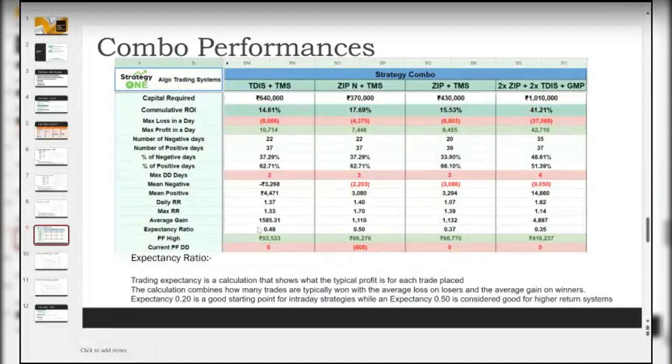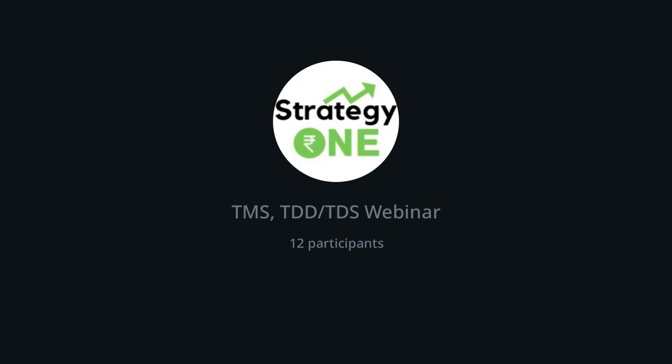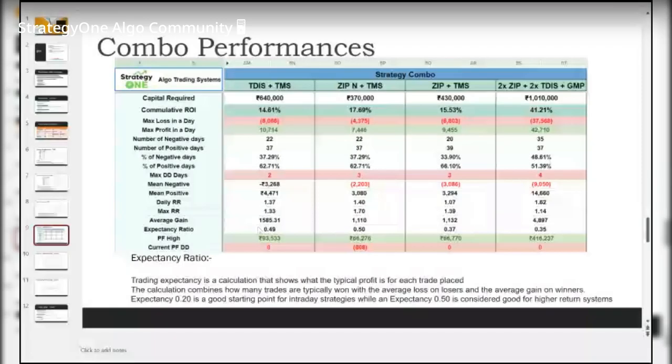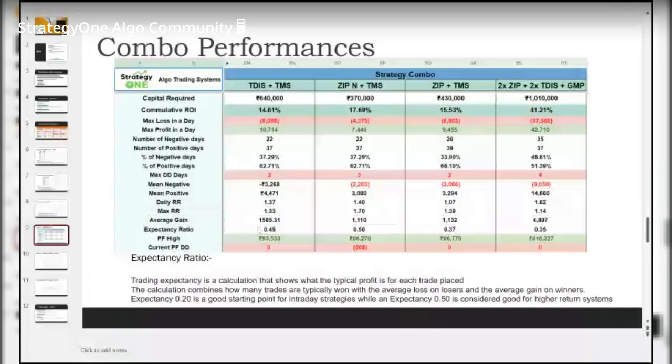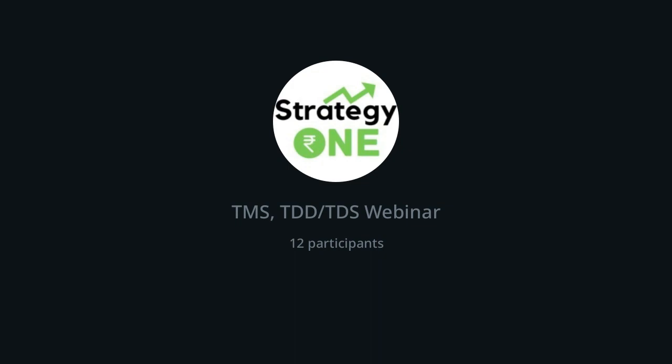But if someone wants an upside to the thing, because of course Zip had a total drawdown month, then this data will improve in the coming days. So that's how it is. And then the last is